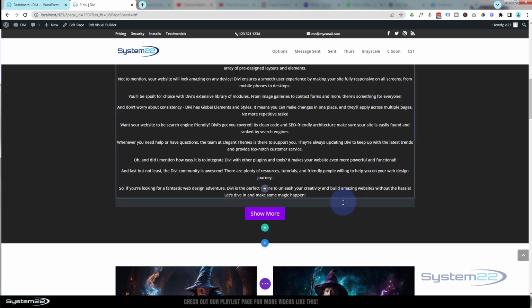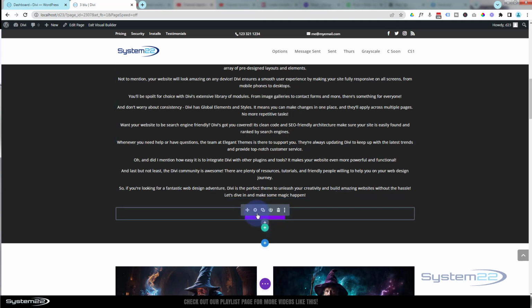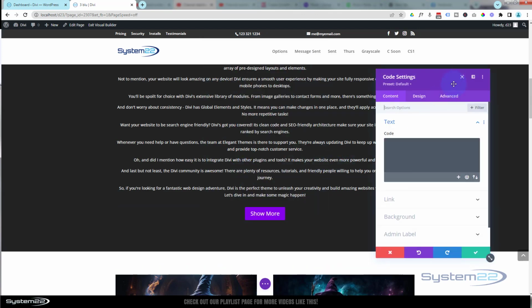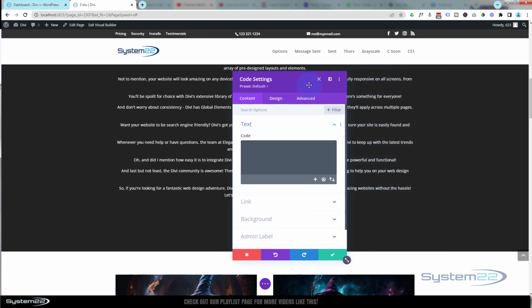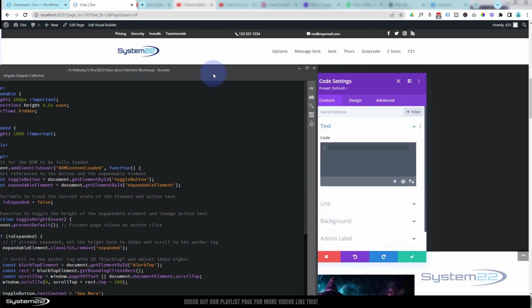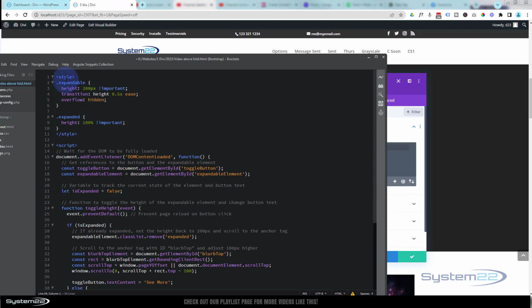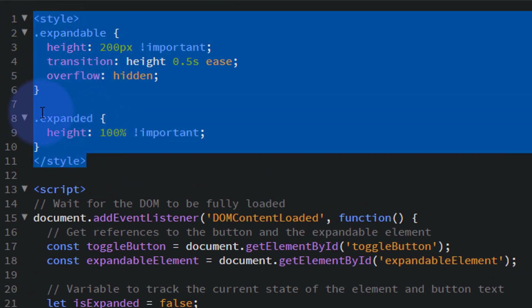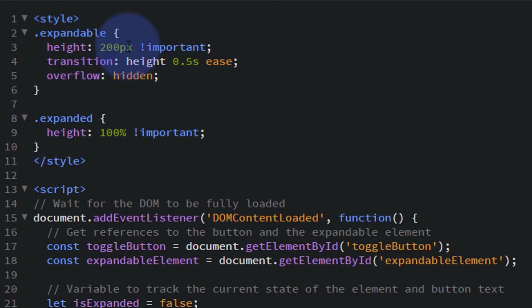Okay, well, let's add a code module now. Underneath the button, I'm going to hit the little dot one to add a new code module. There it is. Now I'll put a link to all this code so you can have it, but I've pre-written all this code for you. If I just drag this over here, you can see our code. I've got a bit of CSS, which is between the style tags here. And I've got two little class names. One's telling it to give it a height of 200 pixels. And the other one is telling it to give a height of 100%